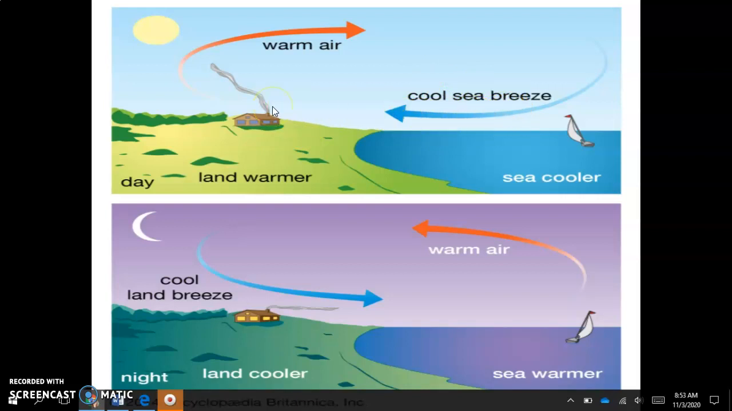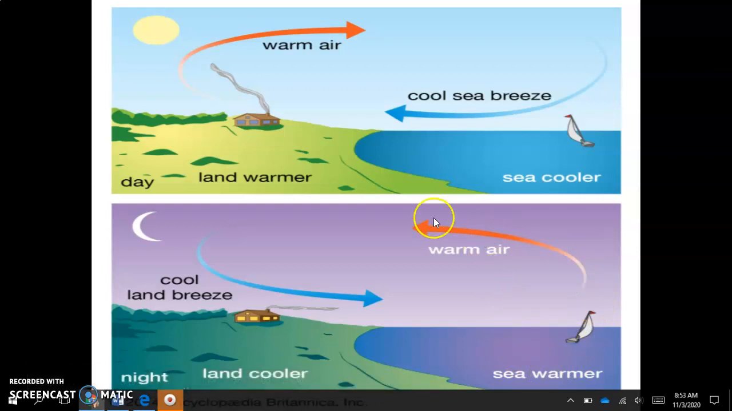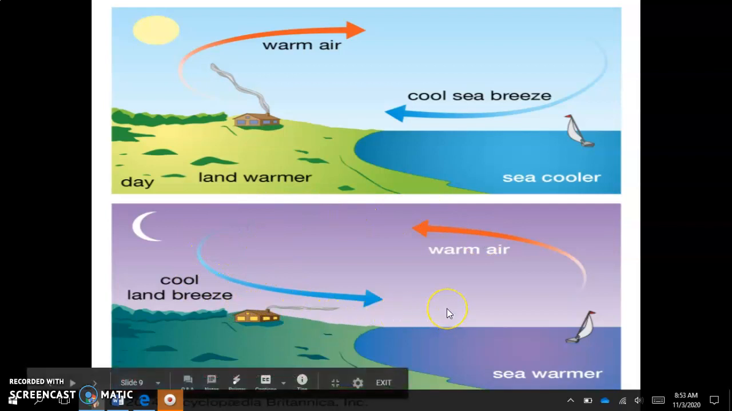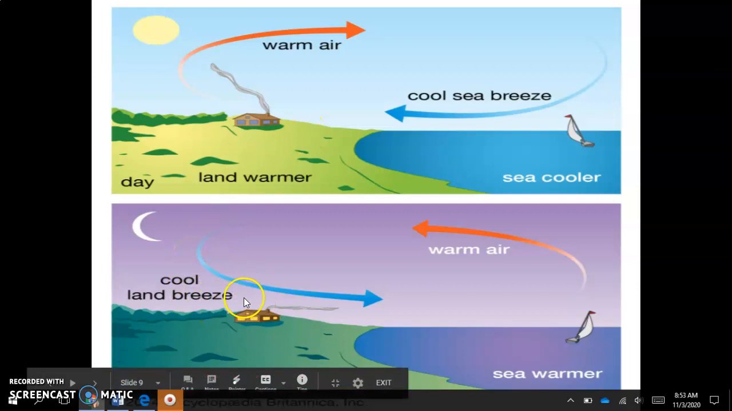Now at night, when the sun starts to go down, we see the opposite happen. So since the land cools off quicker, the cool air is now above the land and the warm air is now above the ocean because the ocean is warmer at night. So now the air that's above the ocean is going to rise and then the cool air that's on the land is going to be pushed towards the sea. So during the day, you would be getting a cool breeze towards the land, and then at night, your cool breeze is going to blow